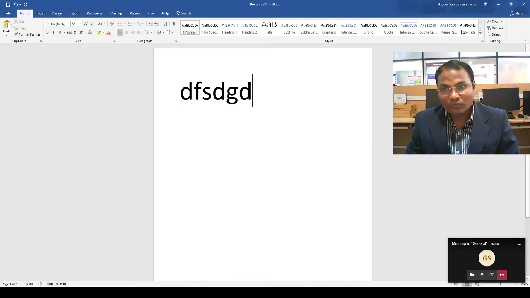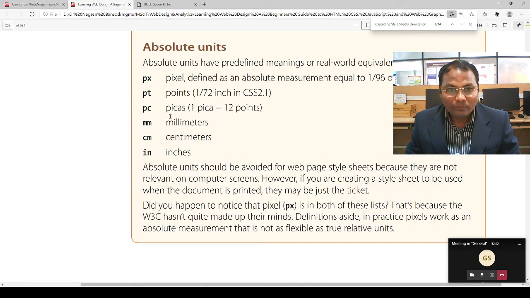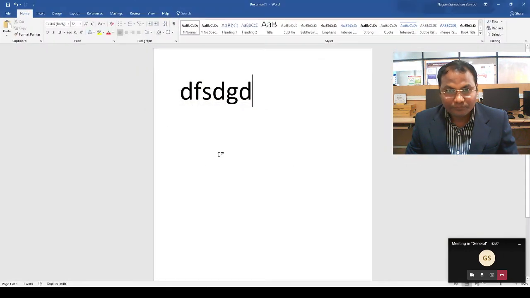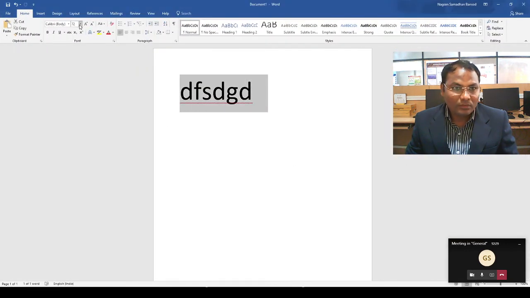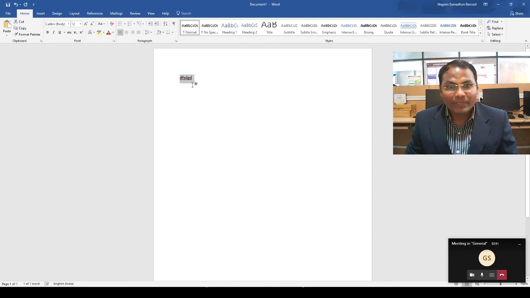So 1 pica is equal to 12 point. Suppose we want the font size 12 point, so this is this word. Now 1 pica.